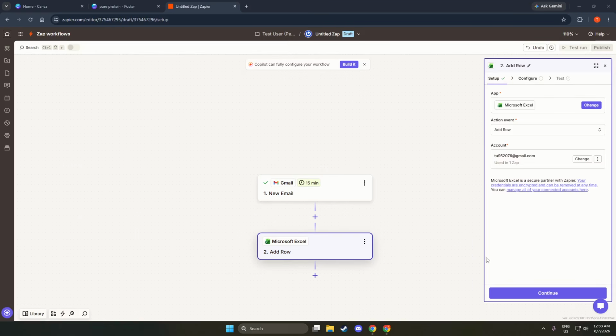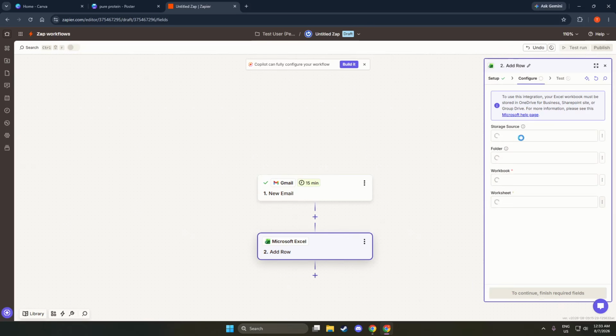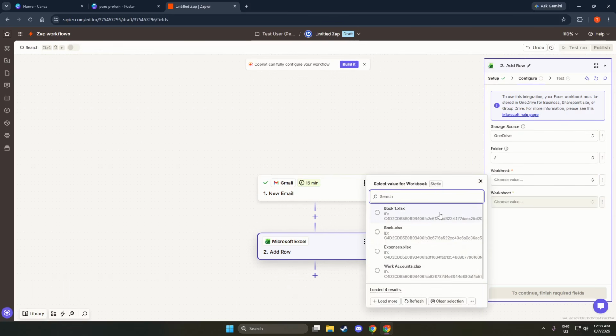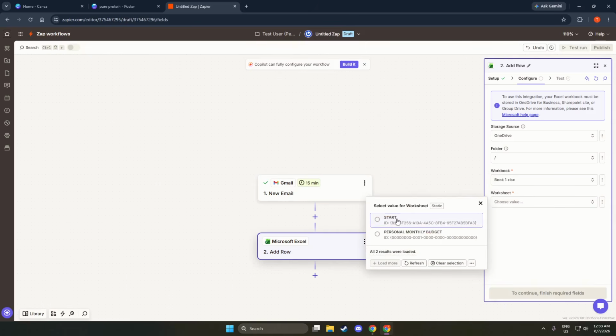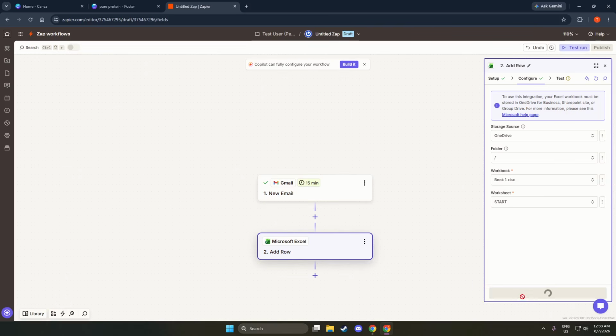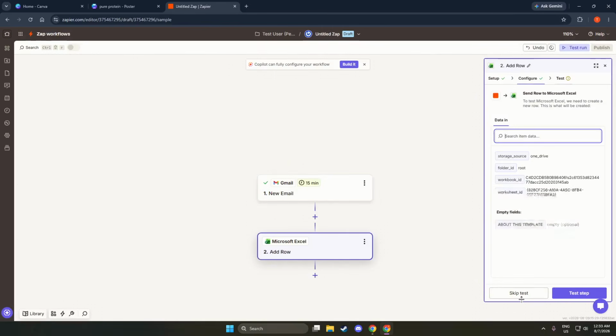At this point, choose the Excel workbook and table where you want to store the data. Use the workbook dropdown to pick the file from your OneDrive or SharePoint list. Then use the table dropdown to pick the specific table inside that file. Once selected, Zapier shows input fields for each column in that table, ready for you to map Gmail data like subject, sender, and body into Excel rows. You have now connected Gmail to Excel so every new email you choose can land neatly in a spreadsheet row.